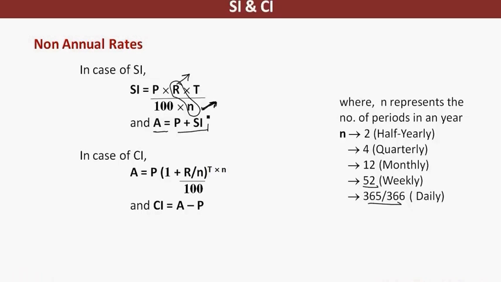Amount is principal plus simple interest. In simple interest, this R is per annum. It is calculated as per the compounding frequency. In case of CI also, this R will not be the one that I will take, because this rate is getting changed. This value of time would also be converted into the number of time periods.